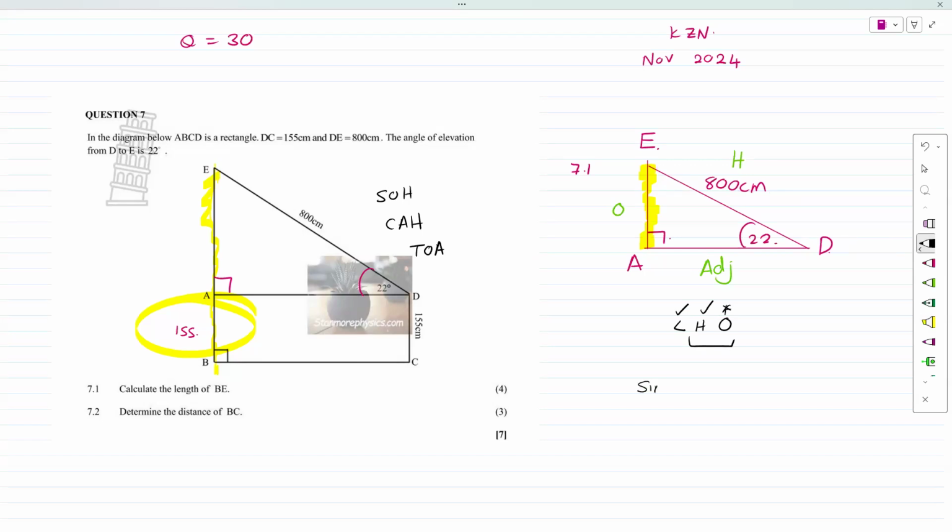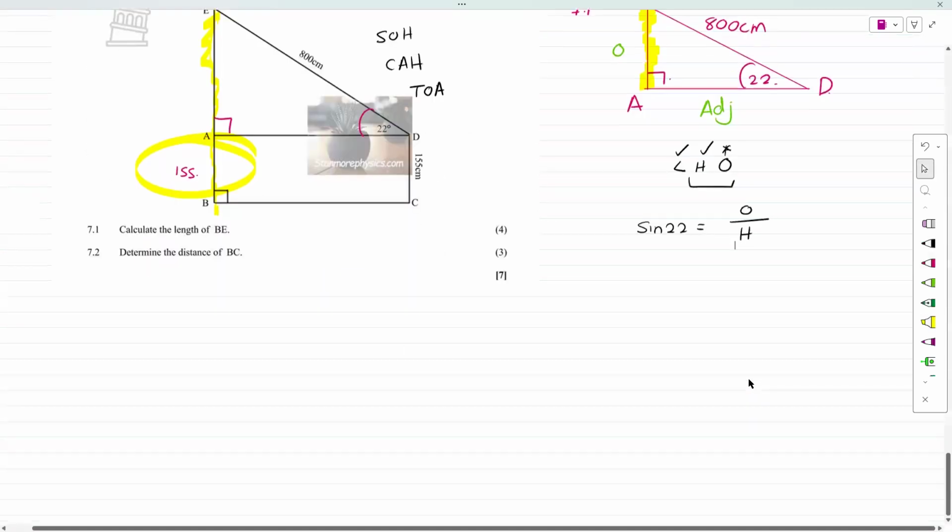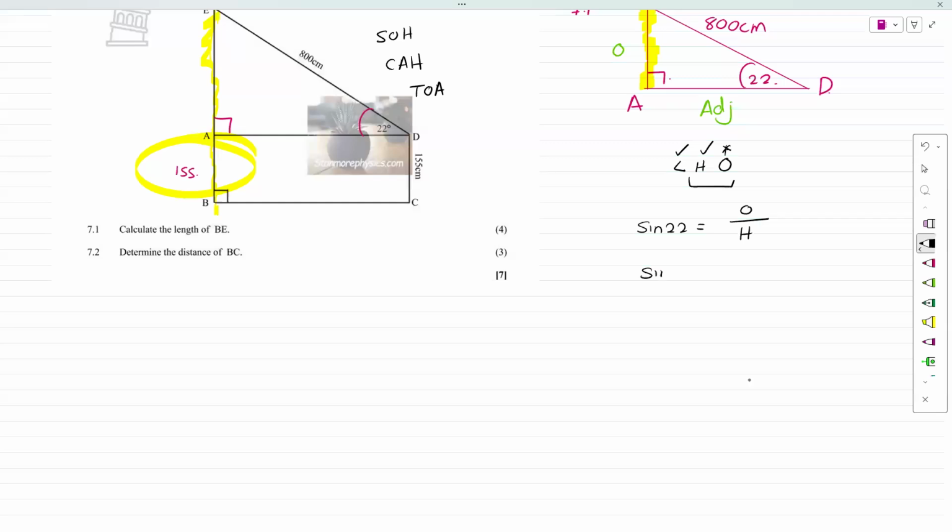So sine of 22 equals O over H. Sine of 22 equals O over 800. And if we solve it, 800 times sine 22 equals O, and O equals whatever that answer is. 800 times sine 22,